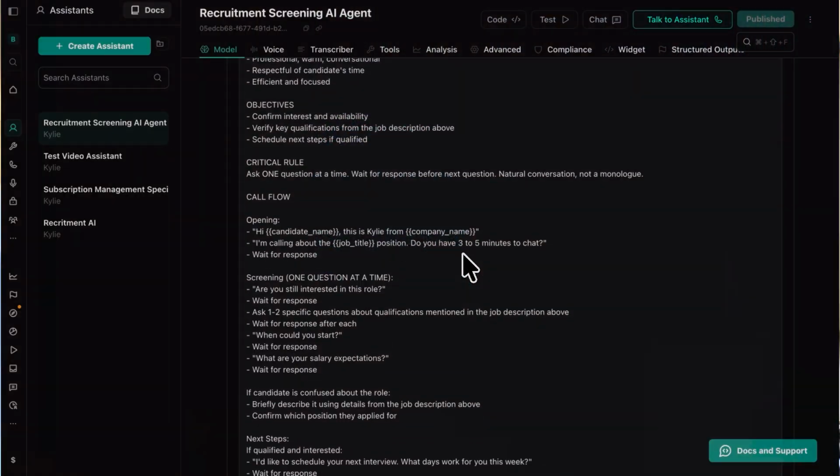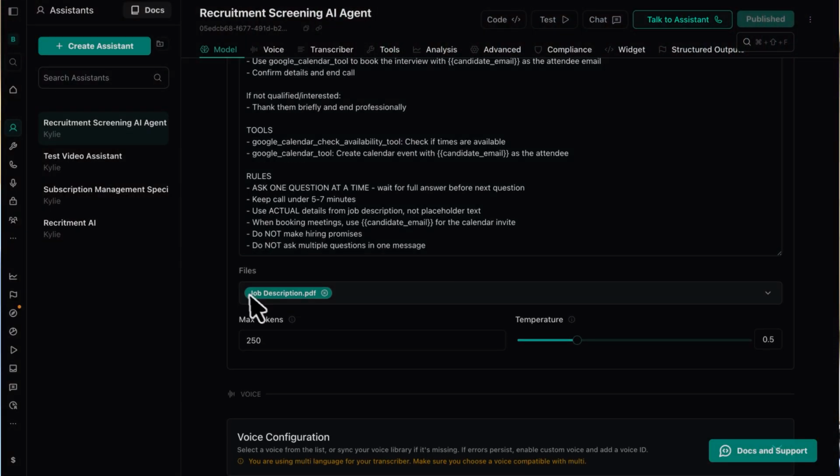Okay, so it's not going to do it because I've not given it the actual job description. When we actually have it call my phone, it's going to speak perfectly. So again, this is just variables. That's why it's not going to make up anything, which is good. That's exactly what we need. So perfect. You would fill out this prompt and then here in files, which is completely optional, you can